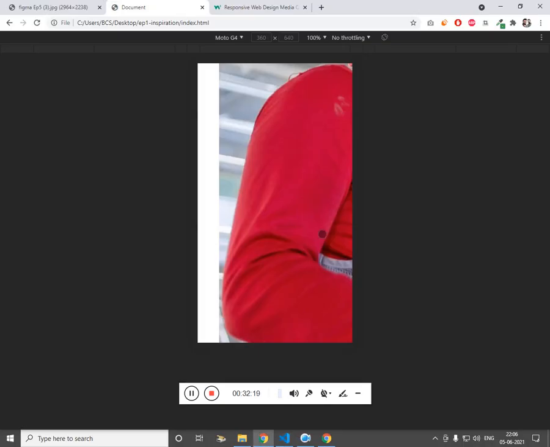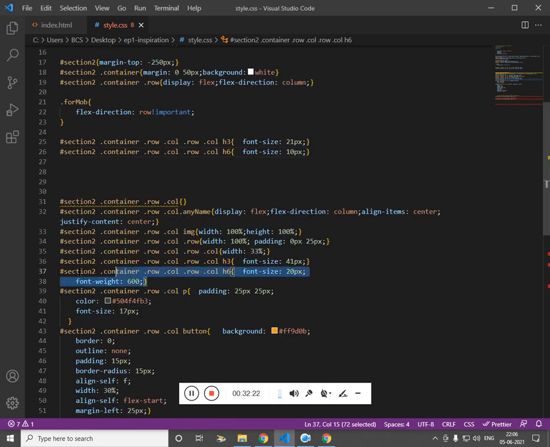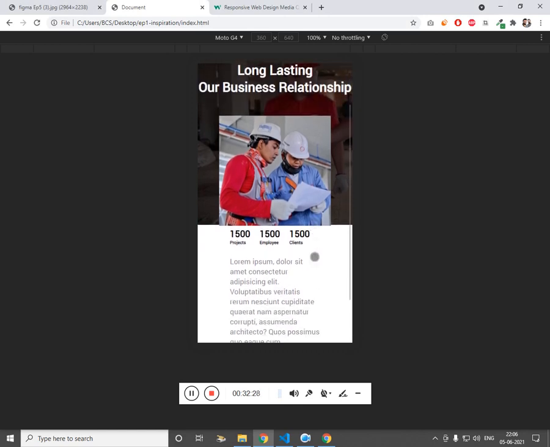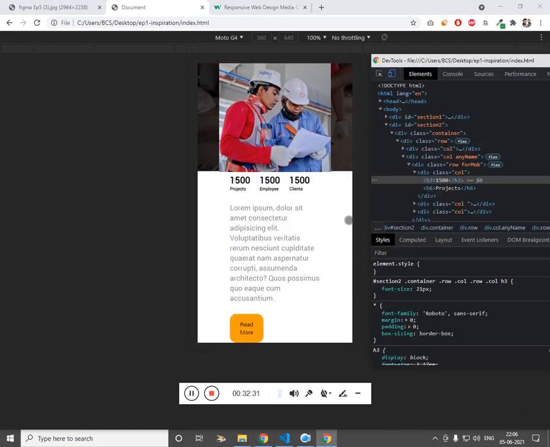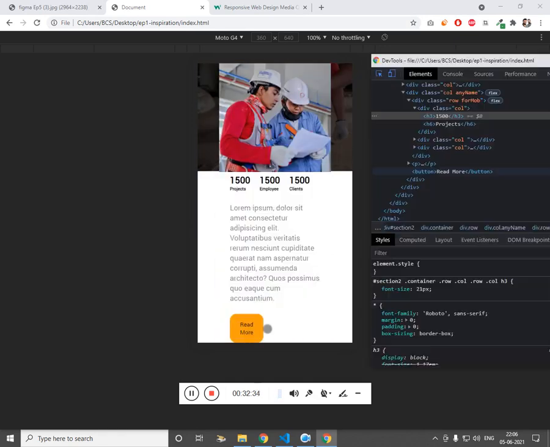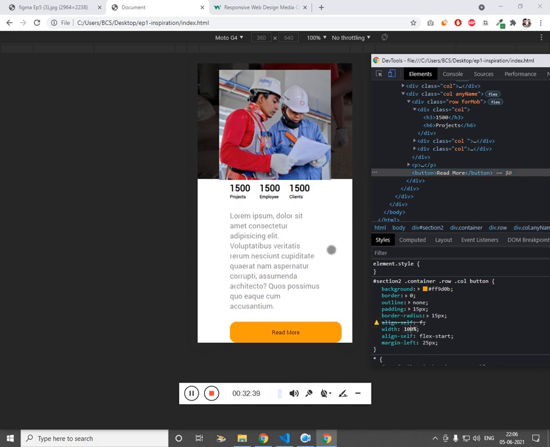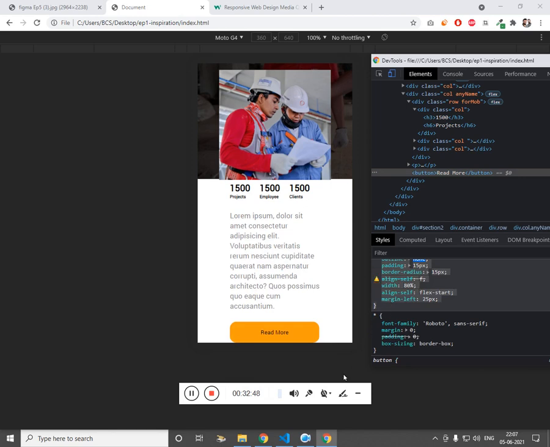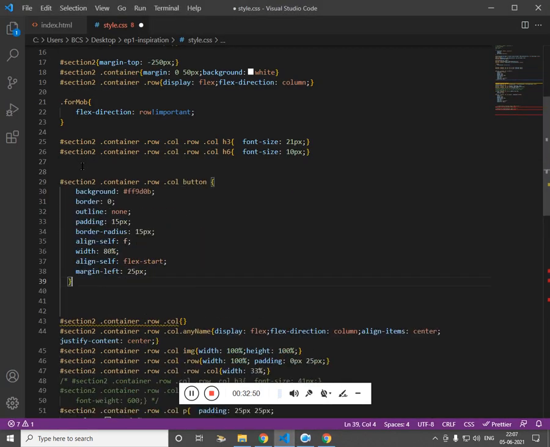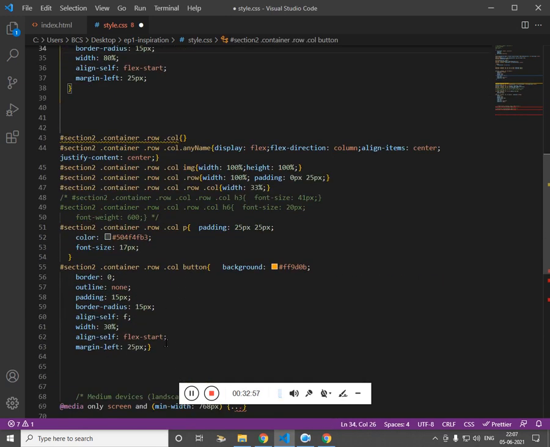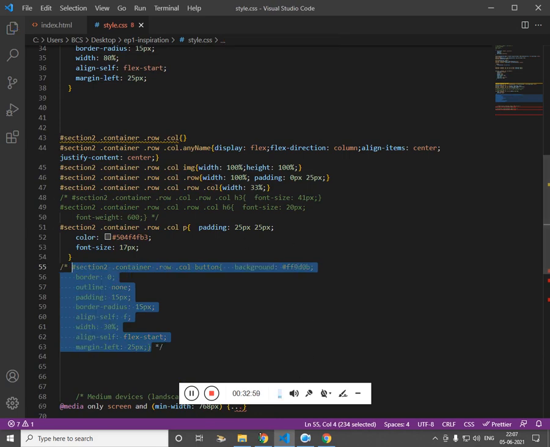Close this. We have to comment this as well for now. Cool. And we need to make this full width. Let's get this section, and we have used this as well. And let's comment for the mobile. If I refresh,